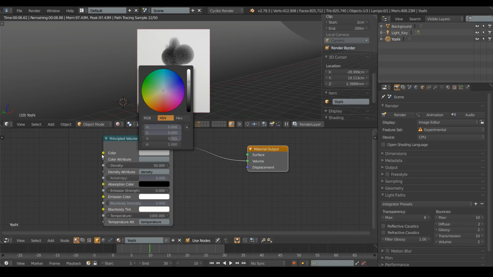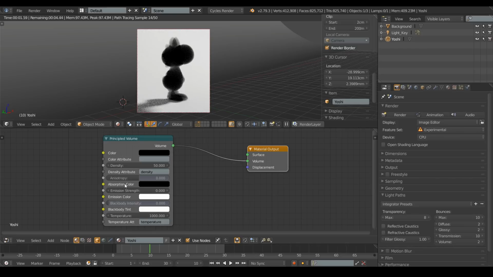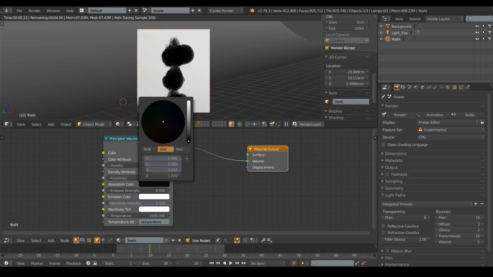So let's make this scatter color black to see what's going on if we change this color. Okay, now we have a density of 50, and by the way, this density affects both the scattering color and the absorption color. So if I turn these up